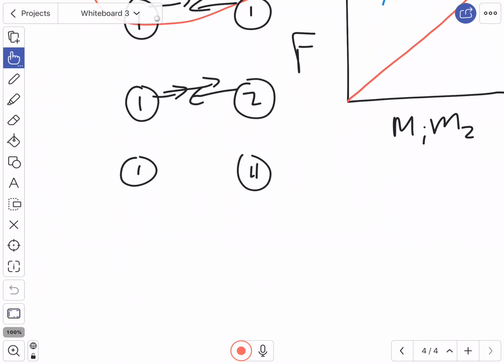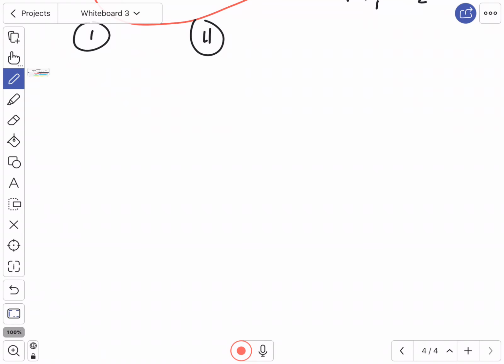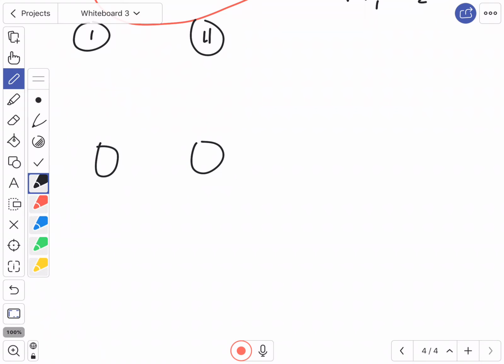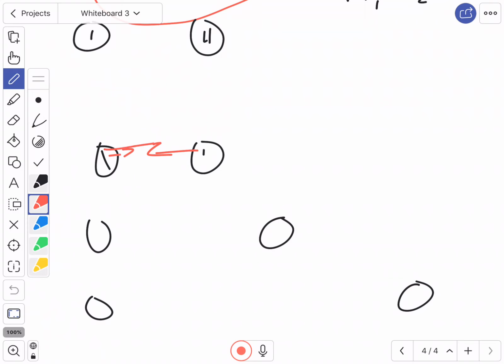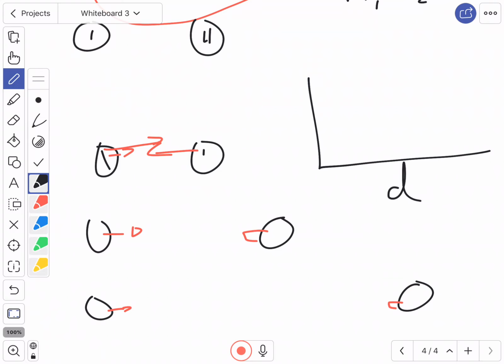What you later did was you took those objects and kept them the same mass, 1 and 1 or whatever it was, and then you moved them further apart. And what did we see happen as things moved farther apart? The force decreased. Yeah, the force got smaller, right? So if this had a certain force here, then the force got smaller, and then my force gets smaller still. You guys graphed that, and we should have had a distance here and then a force here, and we should have got a graph that looks something like this. Everybody agree with that?